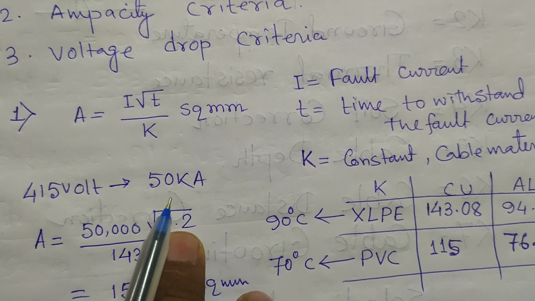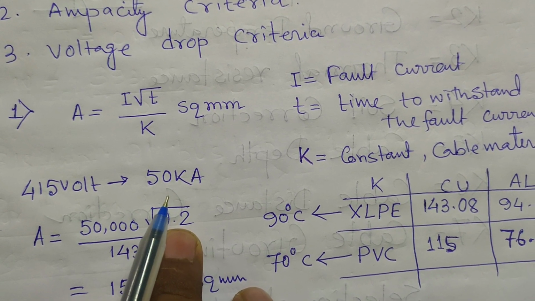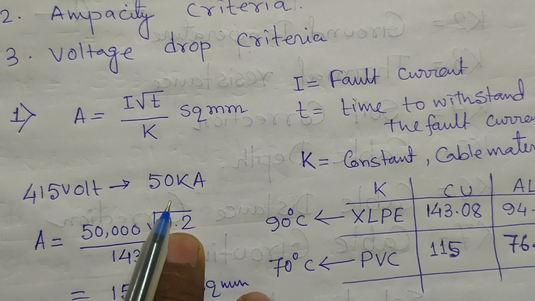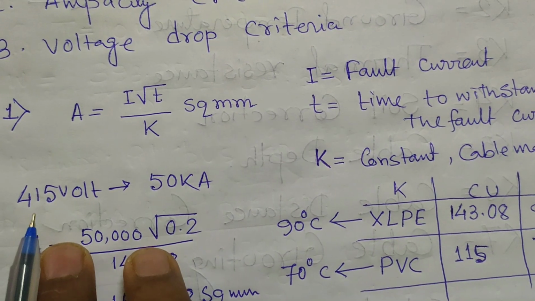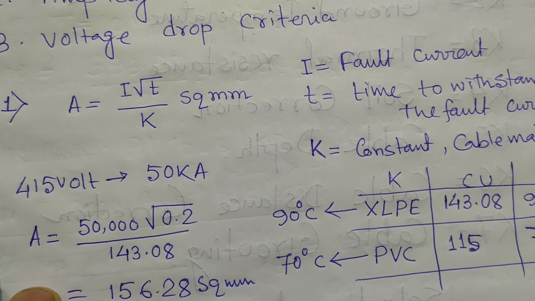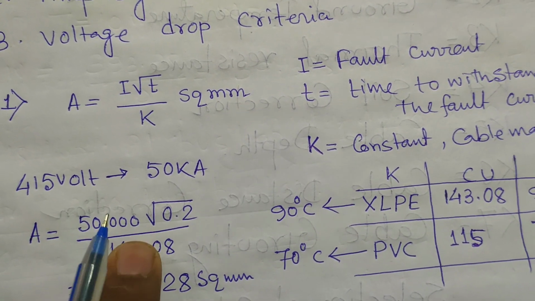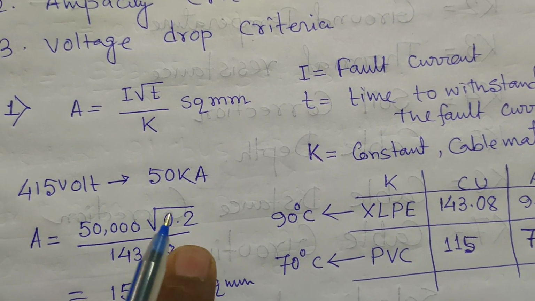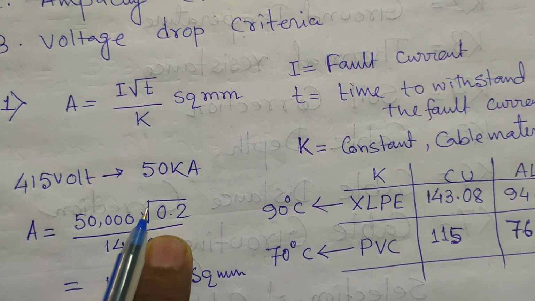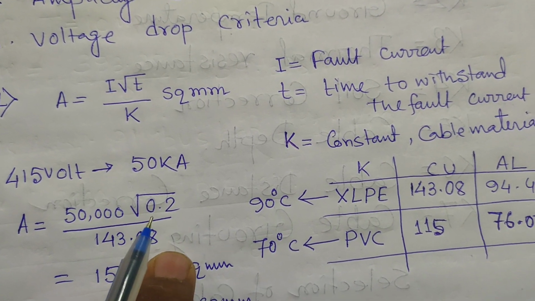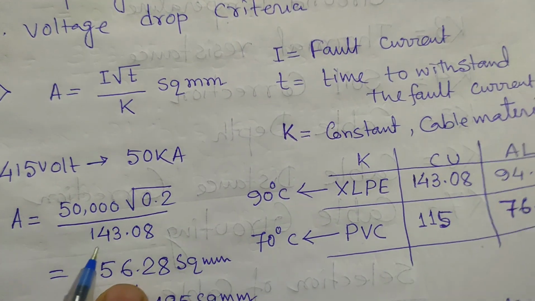Suppose a cable can carry 50 kiloampere of fault current and the voltage is 415 volt. What is the cross sectional area? Then 50,000 into root 0.2, where 0.2 is the time to withstand the fault current, so we are putting the value of 0.2 here. And what is